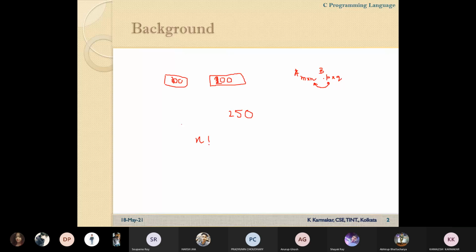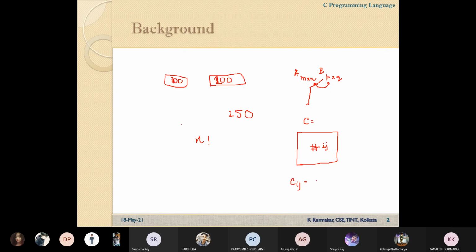Okay. Now, if these matrices are given and we want to calculate the resultant matrix C, how will the value of an element be calculated? If this is the resultant matrix and this is a cell at position ij, how to calculate the value of Cij?